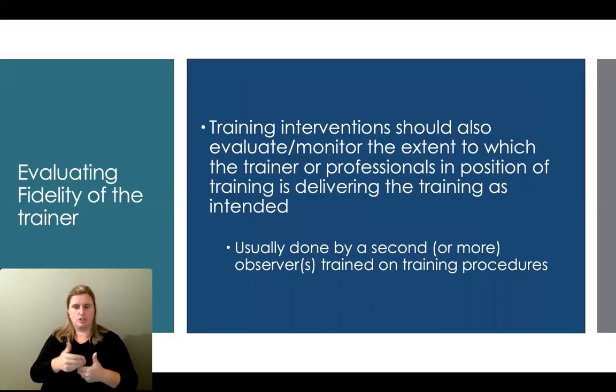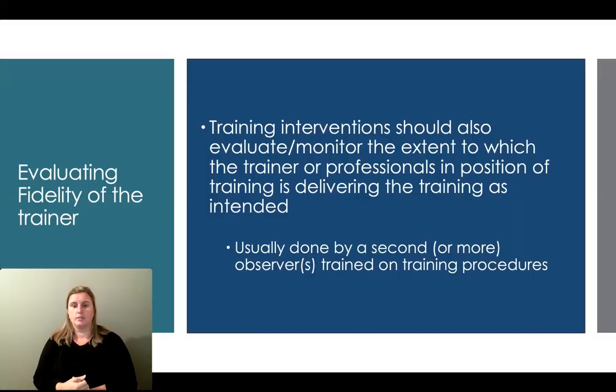As important as it is to evaluate the fidelity of our peer educators or of our trainees, it is also important to evaluate the fidelity of the trainer. I myself as a trainer, as a teacher, am I correct in my implementation of the specific procedures? Am I competent enough in my implementation of the specific target behavior so that I can actually train others to implement this specific skill and give them feedback on those specific skills?